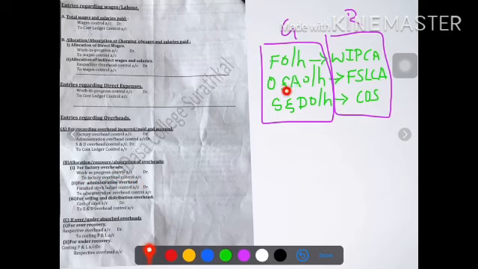In case of office and administrative overhead, it will be allocated to finished stock ledger control account. Therefore, the entry would be finished stock ledger control account debit to administrative overhead control account. When it comes to the allocation of selling and distribution overhead, it will be allocated to cost of sales account. Therefore, the entry would be cost of sales account debit to selling and distribution overhead control account.